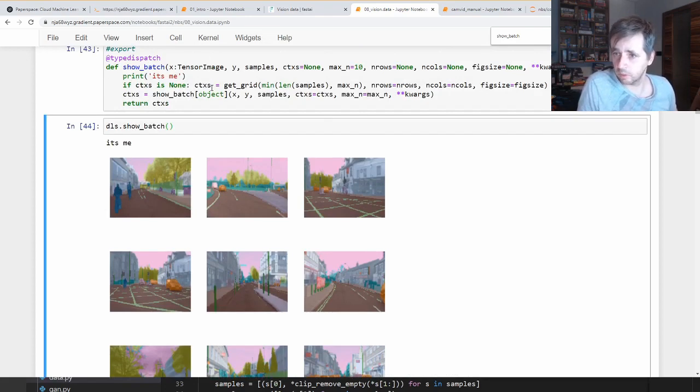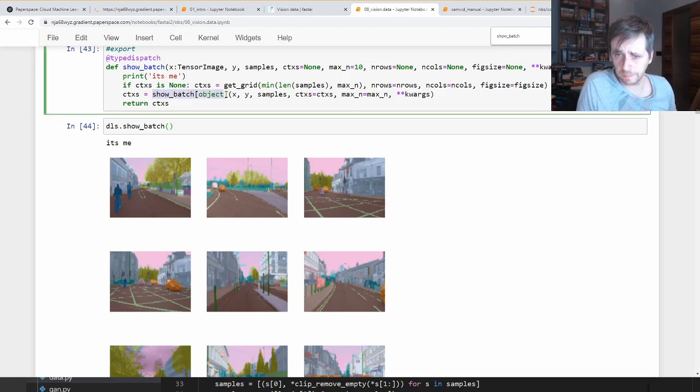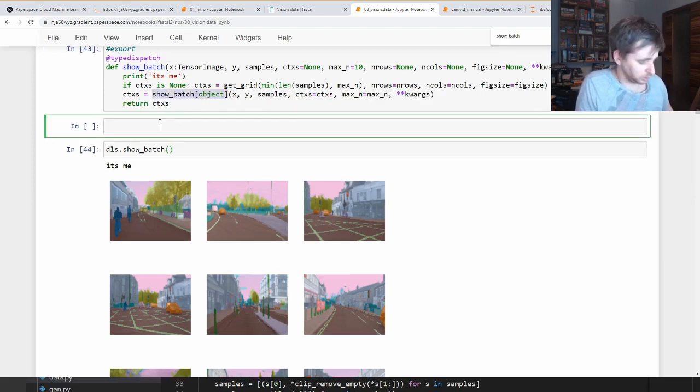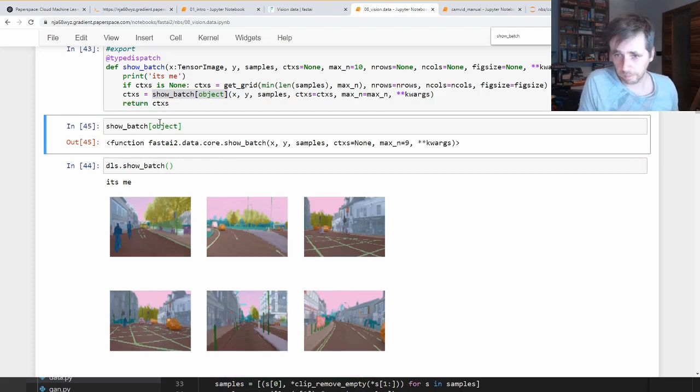So let's look further at what's happening here. It calls the get grid function. This has something to do with matplotlib. So let's continue. There's a show batch index with object. I'm not sure what that is, but it's very easy to check because I can just run it in a cell, and it will show me exactly what it is. It's a function show batch that is located in the data core package. So that's a different notebook than the one I'm in,